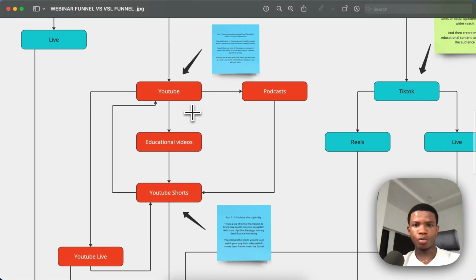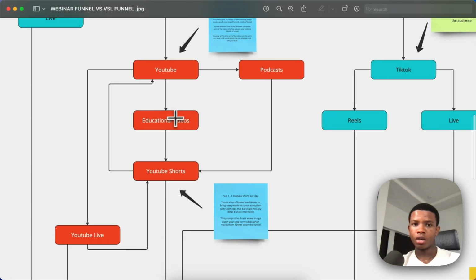So your YouTube has 4 different mechanisms here, which are educational videos, podcasts, YouTube lives, and YouTube shorts. Now, you could actually turn your podcast into YouTube shorts. You could turn your YouTube live into YouTube shorts. You could turn your educational videos into YouTube shorts. So YouTube shorts is a very good top of funnel mechanism,